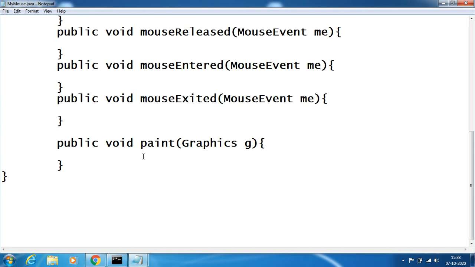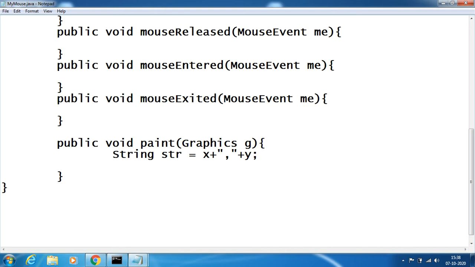To print the values of x and y, first I store the x and y values in a string. str equals x plus a comma, plus y, means the position of x and y is stored in the string.